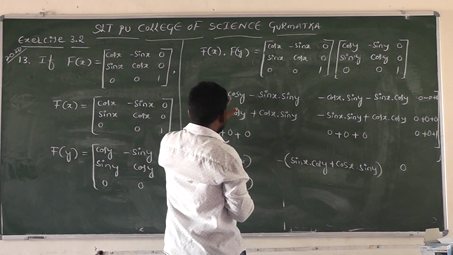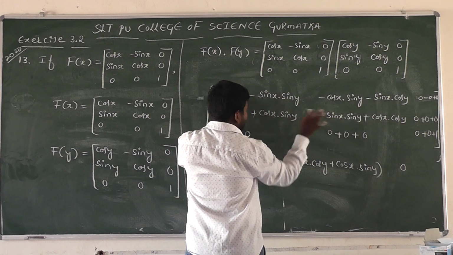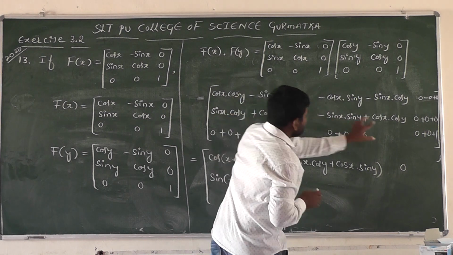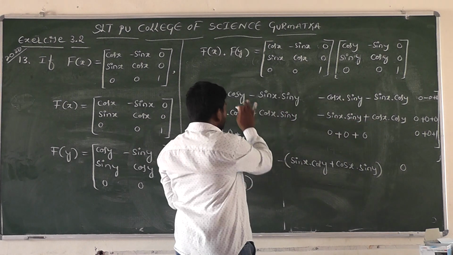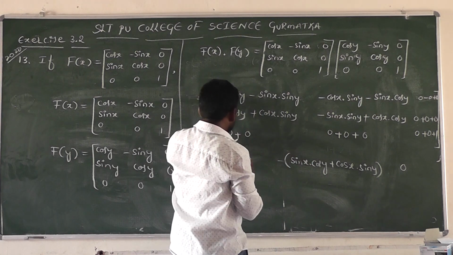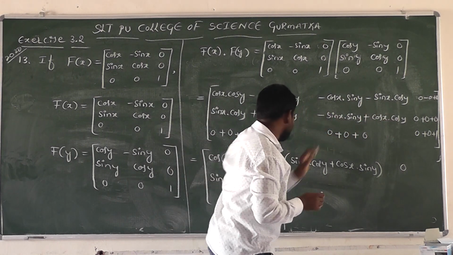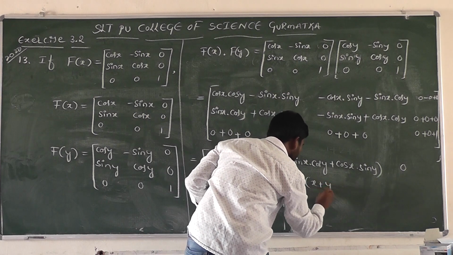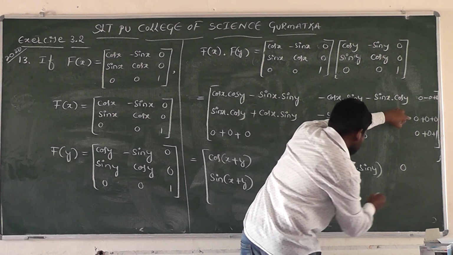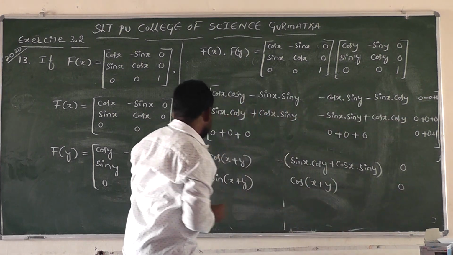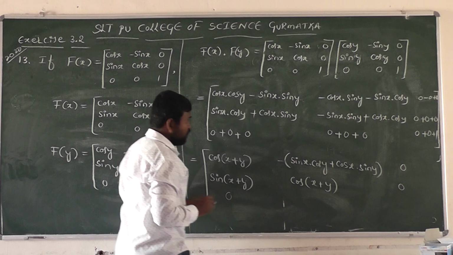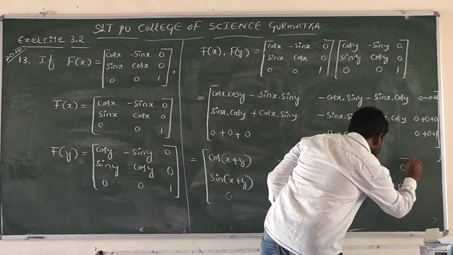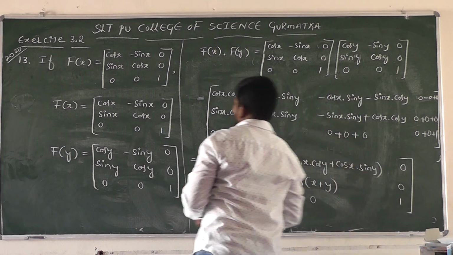It is nothing but what, already this one term and this one term are similar here. Right? But here this one term write it as first here onwards. This term can be written as second term here. Right? Both are same terms here. This is the formula from what here? Cos x cos y minus sin x sin y. It is nothing but what here? Cos x plus y. Right? And this one term is what here? 0. And next one, this one 0. And next this one term is what here? 0. And this one last term is what here? Right? Next.